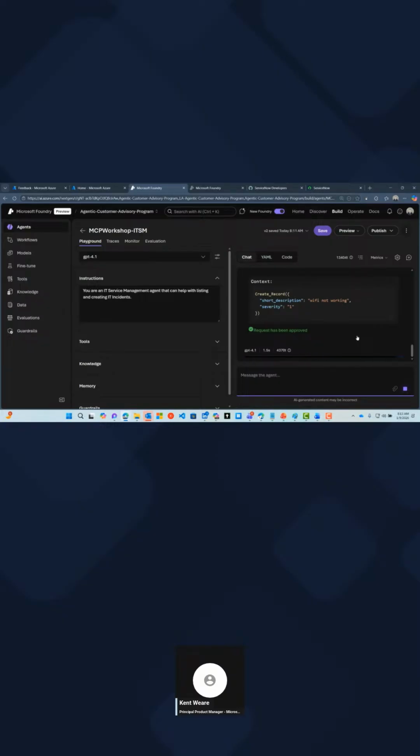So this is just a quick demo just to show you. I know the focus here is more about Copilot Studio, but I just wanted to show how when you build these Logic App experiences, they're available from multiple locations. That's the whole idea of the open protocol of MCP.